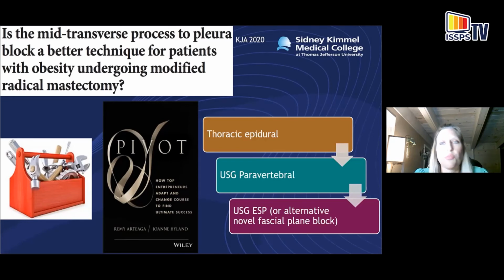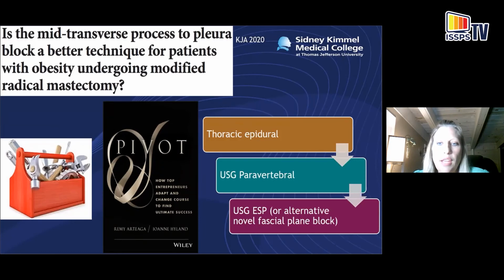But these techniques are really valuable in the obese patients. We really can't abandon regional anesthesia in these patients, because they can benefit the most from opioid sparing and improved analgesia. So I think it's important to think, don't get lost just because you're doing a thoracic epidural and it's not working and the ultrasound hasn't really helped you. Think about what else you can use and think about all the other tools in your toolbox. And you may have to pivot and change course when something isn't working.